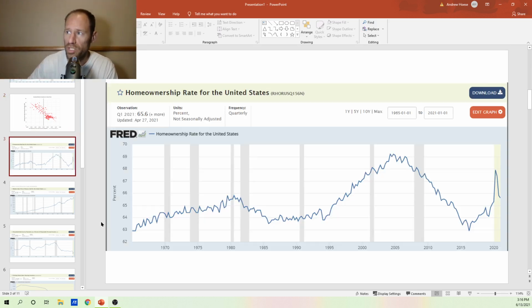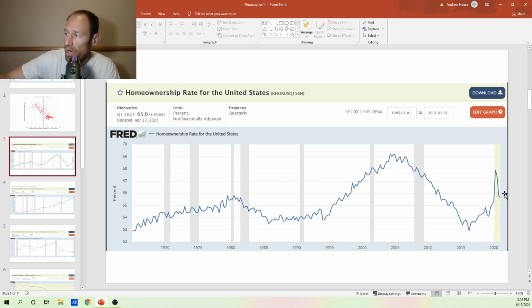Now here's home ownership rate for the United States. I've seen some people talking about this saying, we're at all-time lows. We're right in the middle, guys. We're not at all-time lows. We were almost at all-time highs, which is not a good thing. You want it to be like in 2016 here, you want it to be increasing from an under-owned, a low home ownership rate and moving higher, which means demand for homes is gaining rapidly.